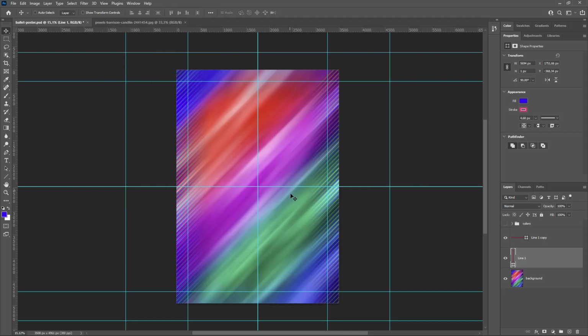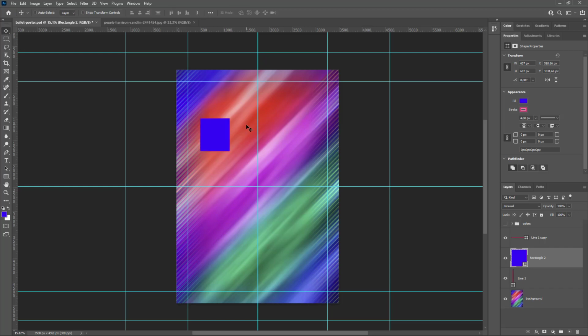If I select this option here, now I cannot move the guides anymore, but I can align things to the guides if I want. So for example, if I draw this guy here and I go close to the guides, as you can see, he is snapping to my guides. So working with guides is something extremely